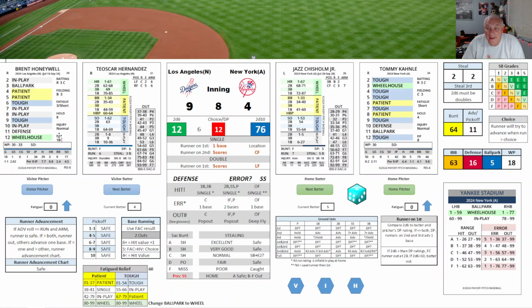12 a lot of times is that wheelhouse number. But it's a tough for Nolly. 76 is then going to end up being a fly ball to center. 2 down. For Muncy, 9 tough, 65 just misses, and that's a grounder to short. That'll end the 8th, though. 3 more runs on 1, 2, 3 hits. We go to the bottom of the 8th, it is now 9-4.